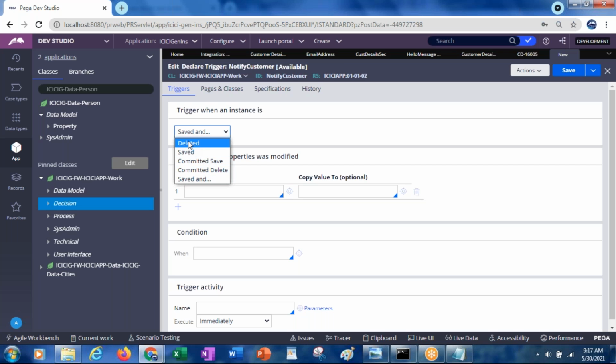When you want to perform this declare trigger, you can select whether the record is deleted from the database table, saved to the database table, or committed and saved. What does committed and saved mean? What does committed delete mean?